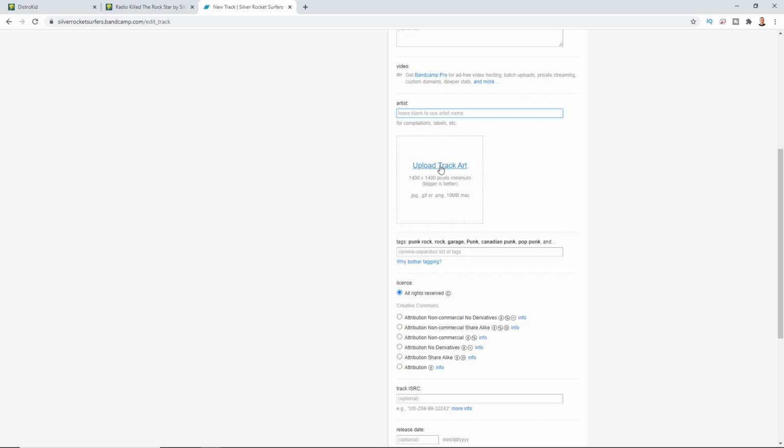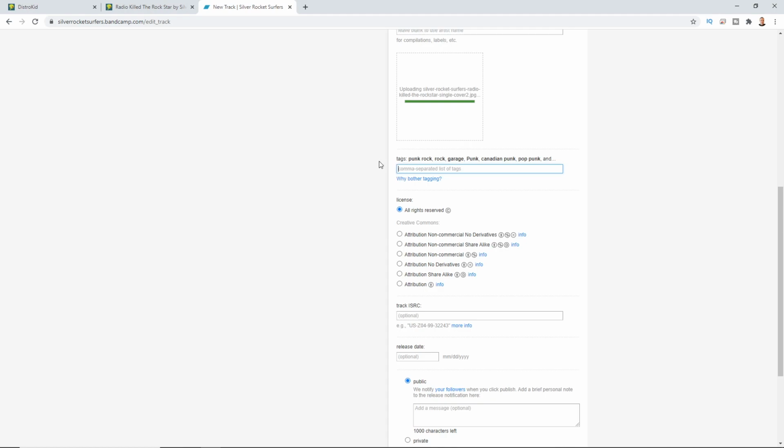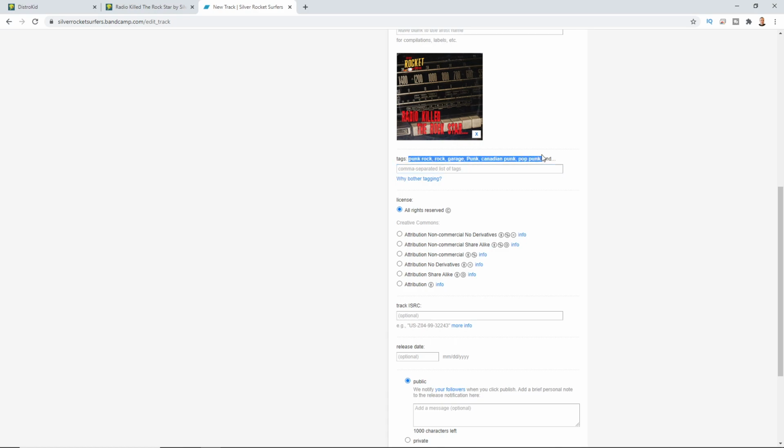And in here, I can click to upload the artwork. And this section here is very important. You want to make sure you use as many tags in here as possible. I think it's 7 tags you can use in here. And you can see these are the ones that I've used previously. So I'm actually just going to copy those, put them in there, and that should be good right there. And why this is important is because people can discover your song on here because you're tagging it properly.